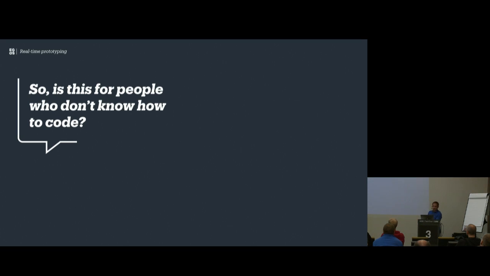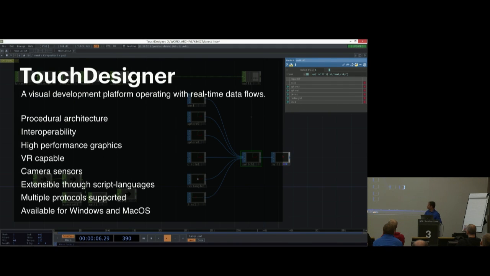So you might ask, is this for people who don't know how to code? And the answer would be, in a way, yes, because you're not coding, you're programming visually. But is it for people who don't know how to program? I would not say so, because you would get into trouble the same way you would with any other coding language. Coming to TouchDesigner,